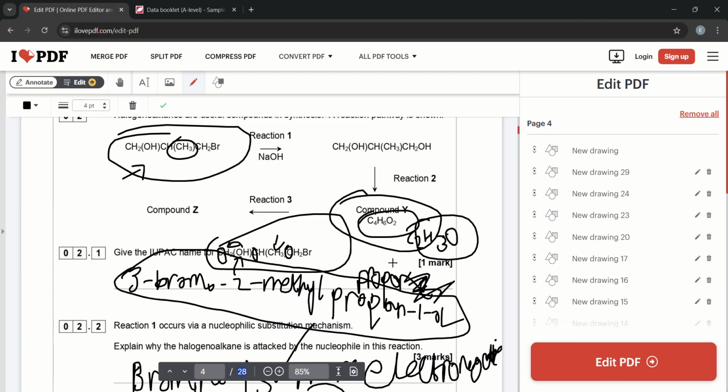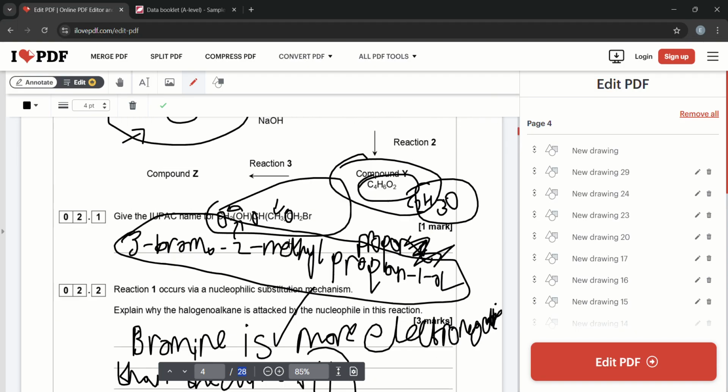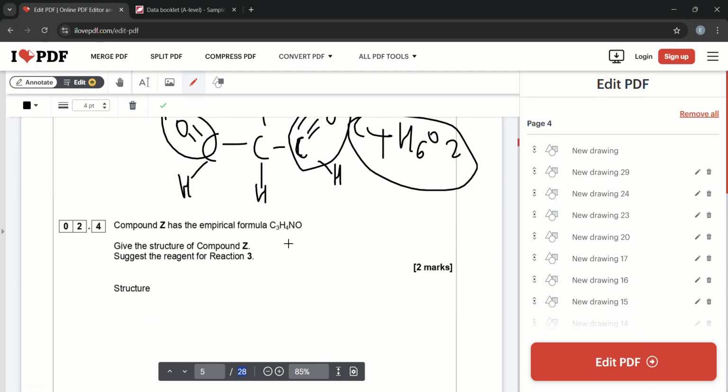We just divided everything by 2. So how do we get from here to here? Well, we're going to add a carbon, a hydrogen, and a nitrogen. So what is going on is that, remember, a hydroxynitrile is a molecule containing a CN and an OH group. So it's going to be a hydroxynitrile. So the structure of compound Z